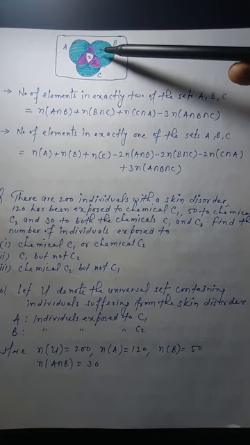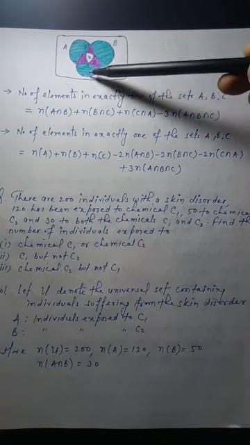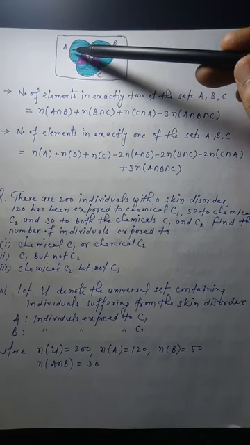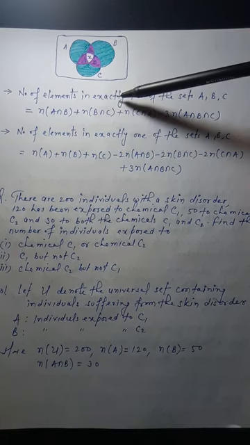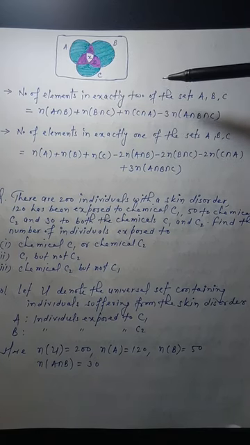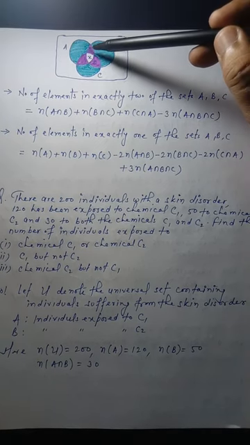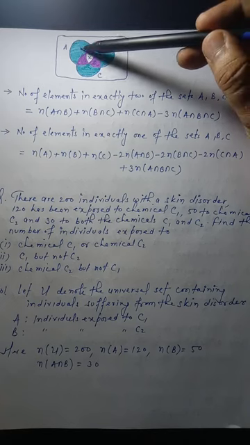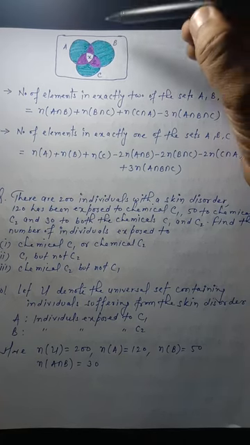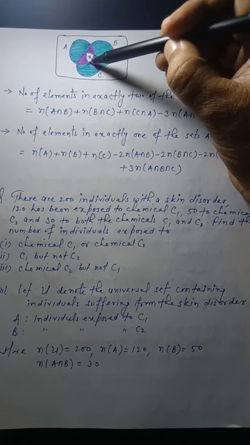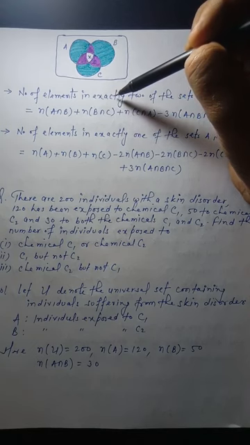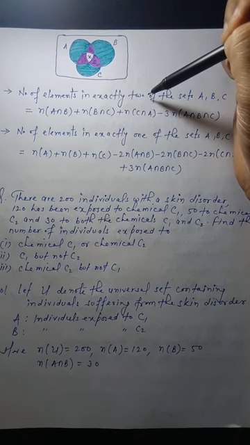In the same manner, the common between B and C will be brown plus white, and the common between A and C is brown plus white. We are talking about the number of elements in exactly 2 of the sets, which means we will take those elements which are present in exactly 2 sets. So now you can see this brown part is common between A and B. Actually the common between A and B is this brown plus X, but we have to take only that portion which is exactly of 2 sets.